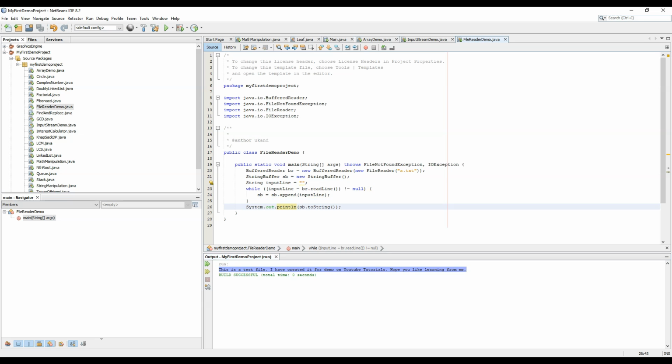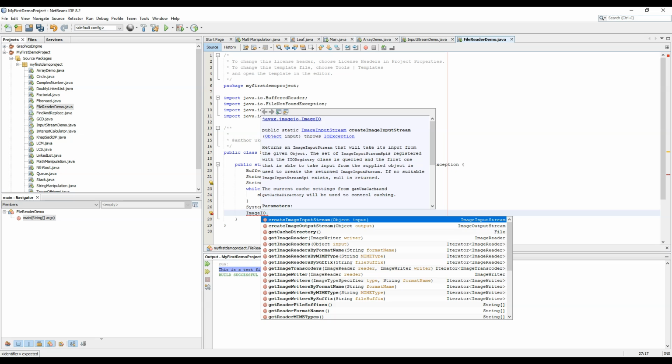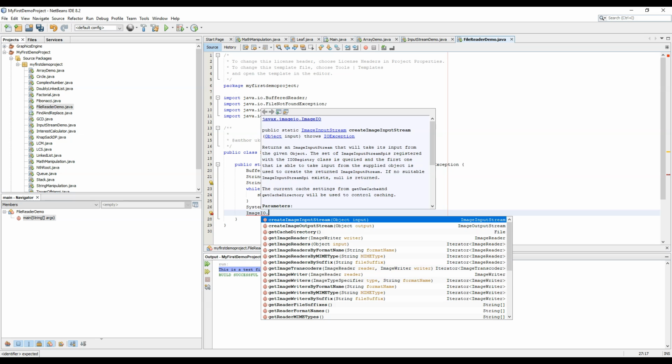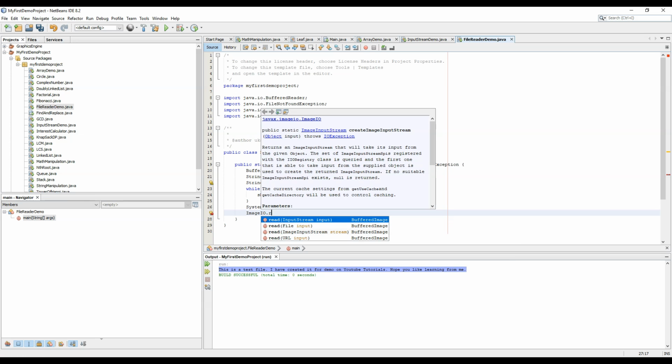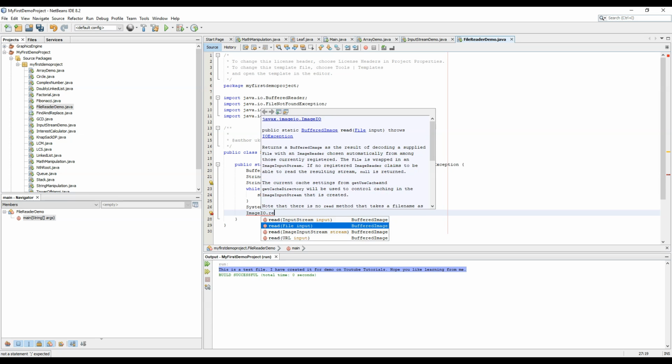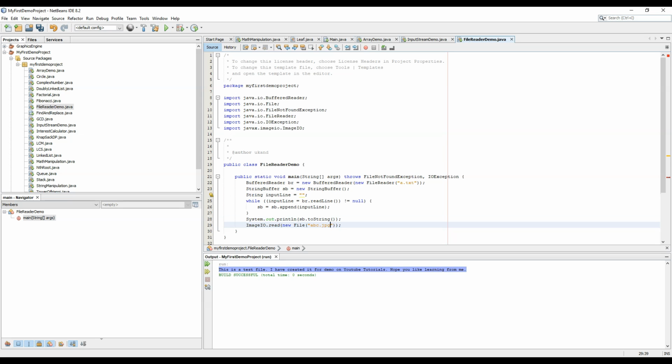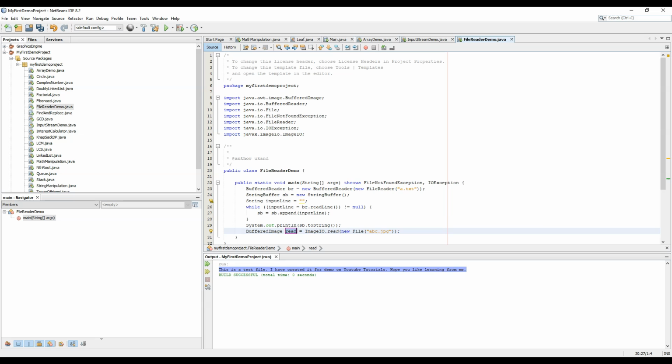So how to read an image? An image is read by the inbuilt API of Java, ImageIO. This is a built-in function of Java using the ImageIO class, and we can read an input stream or file. We just need to put the file name over here, say abc.jpg. Since I don't have any image as of now, I am not displaying this function, but this will read an image as a BufferedImage object. So we can even read images using Java.